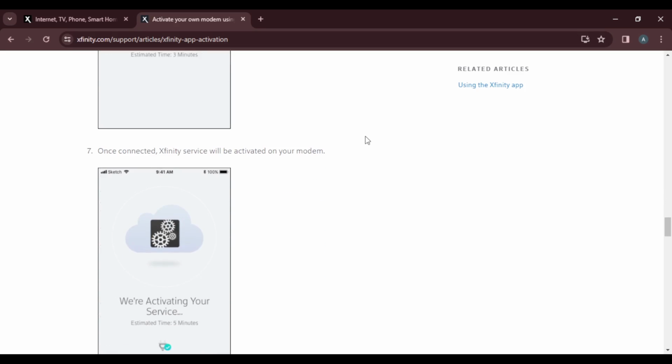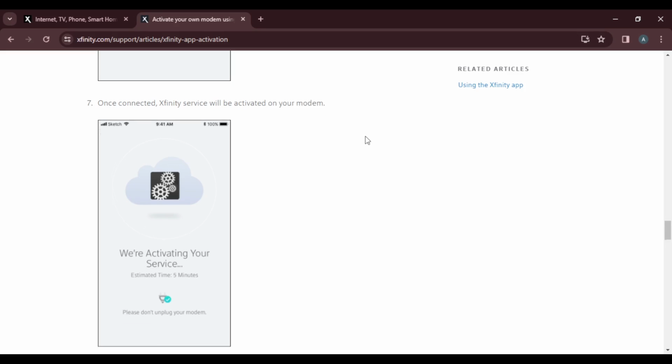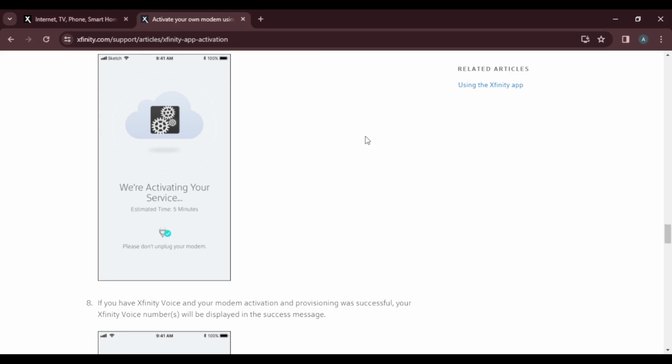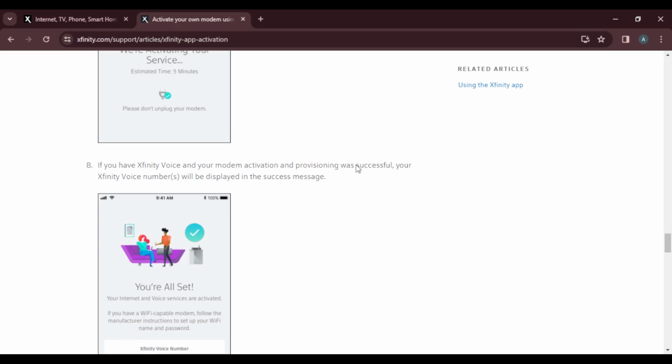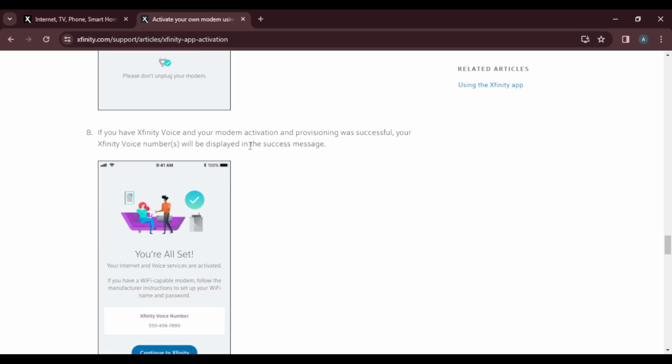Now, once it has been connected successfully, Xfinity service will be activated on your modem. This is what it's going to show. We are activating your service. Estimated time 5 minutes. Please don't unplug your modem. Follow the on-screen instructions. Now, if you have Xfinity Voice and your modem activation and provisioning was successful, your Xfinity